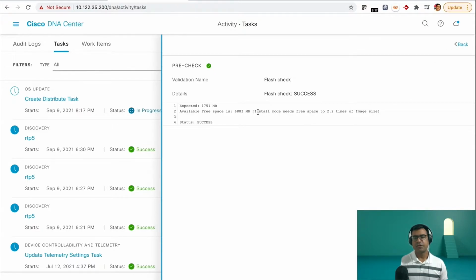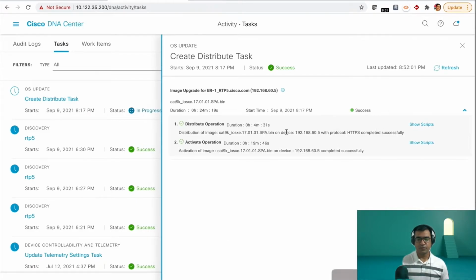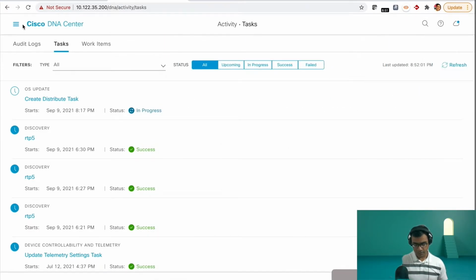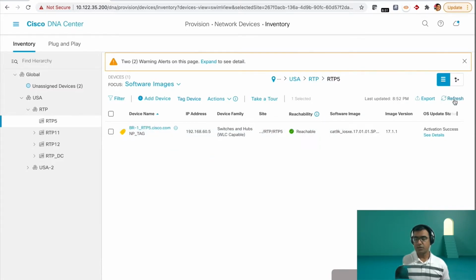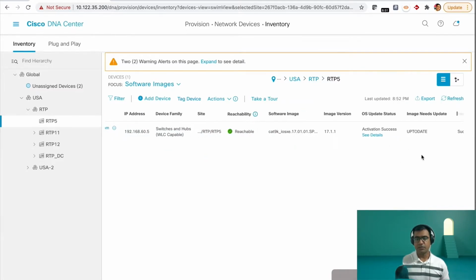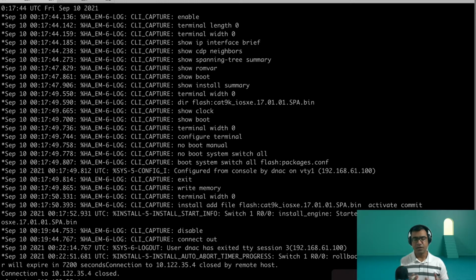Okay, my pre-checks are successful. Then it will start distributing a distribution option. Okay. So after 10 or 15 minutes, as you can see, my DNA Center image is upgraded, and now